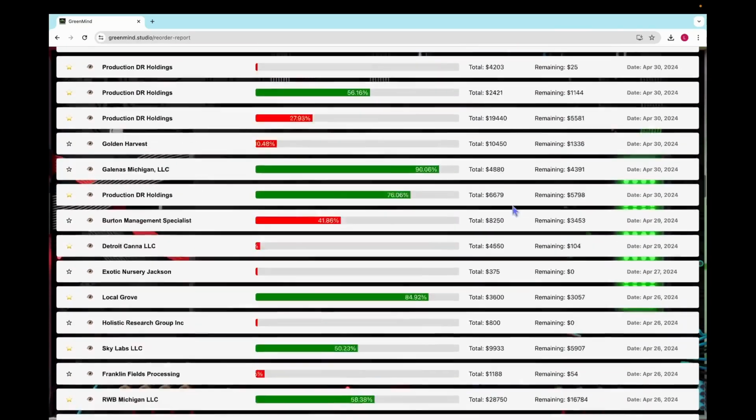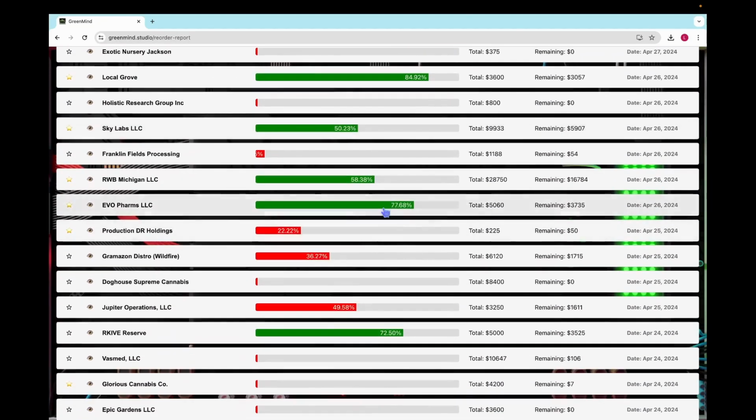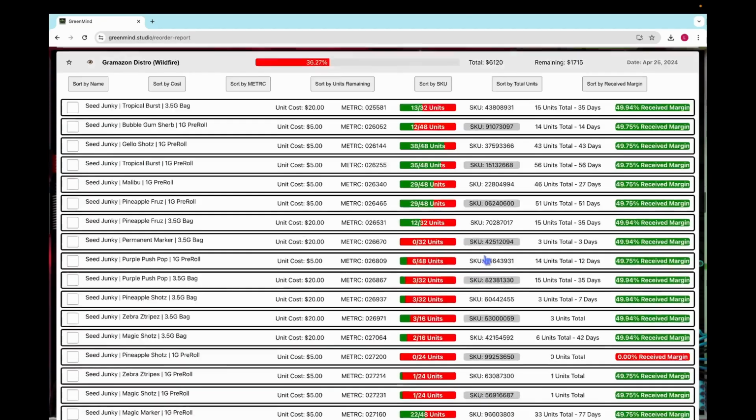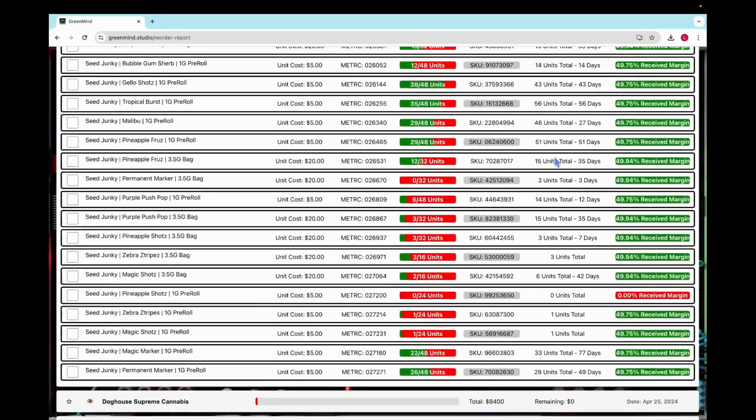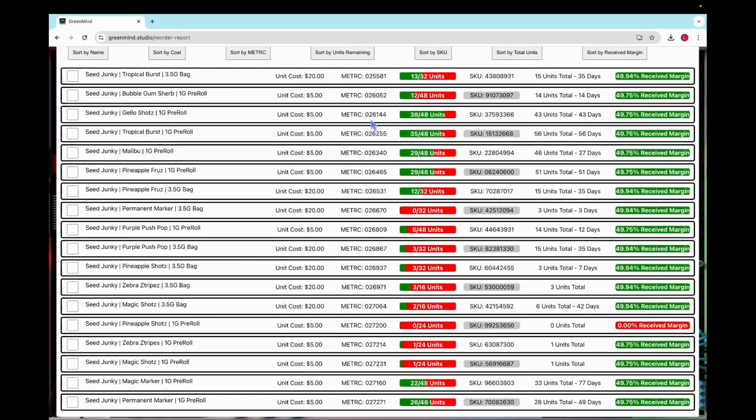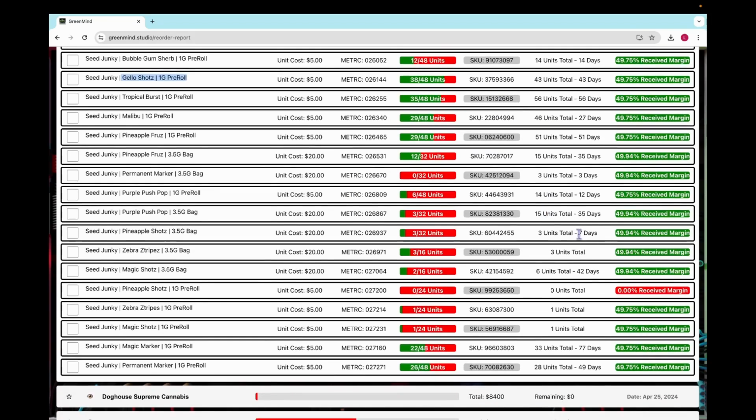I can see, keep going down here, that I need to reorder this Gramazon Wildfire. Started with $6,000, have 1,700 left. A lot to look at to see what SKUs are selling. Kind of brings home knowing that inventory wise, this one has 38, but there's really 43 available on my SKUs. So I must have two different SKUs of Jello shots in my store. So now I know I don't really need to order this compared to like something that has 7 days right